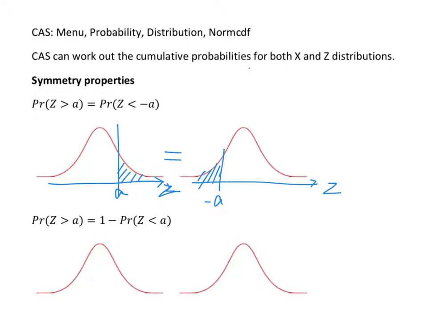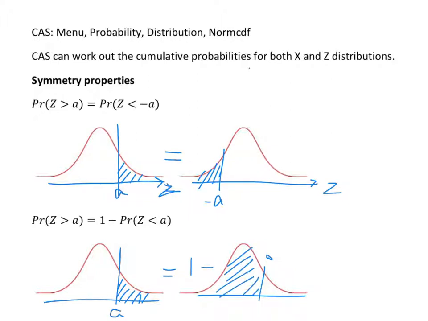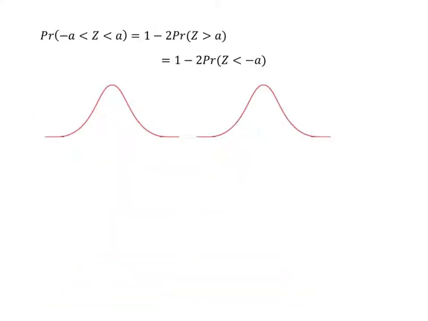Here we have the probability that z is greater than a is the same as 1 minus the probability that z is less than a. So if I draw in a at the same spot here, sorry, I can't put it under here. The probability that z is greater than a is the same as 1 minus the probability that z is less than a. And for this one here, the probability that z is between positive a and negative a, that's an a, not a c, is equal to